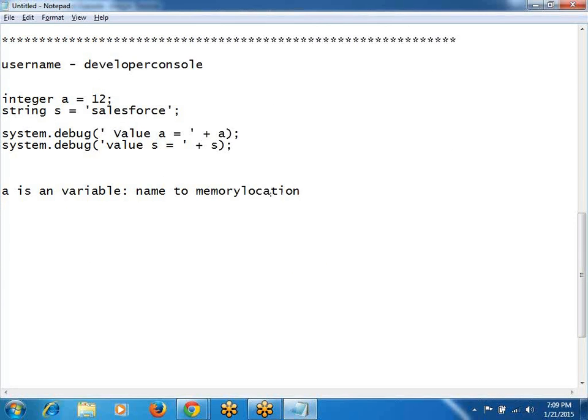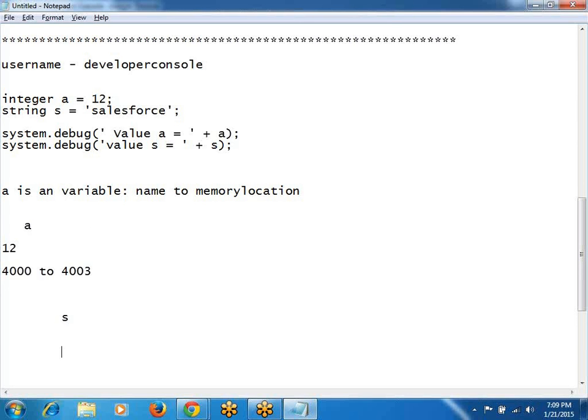When you say A, 4 bytes, some 4000 to 4003, are given the name A, and it contains the value 12. It converts 2 into zeros and ones by dividing by 2. But when you go for string S,